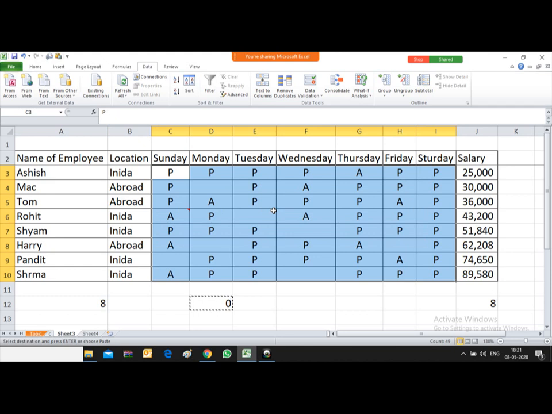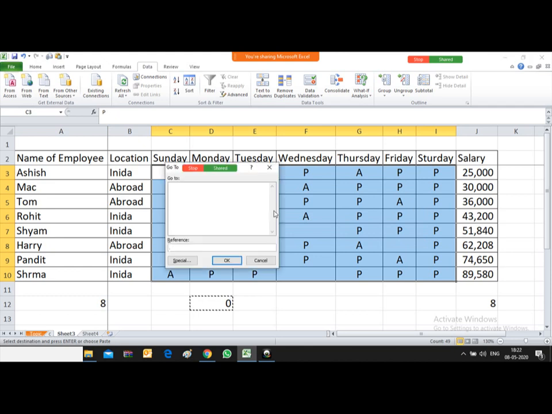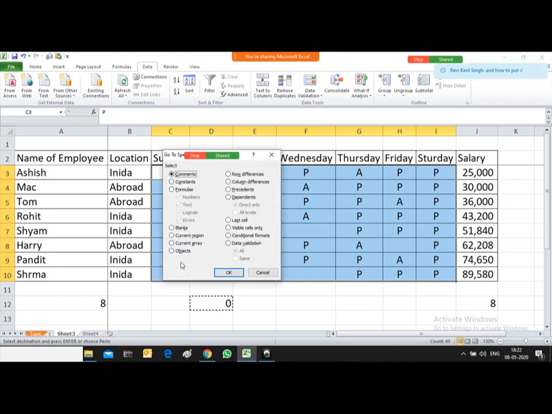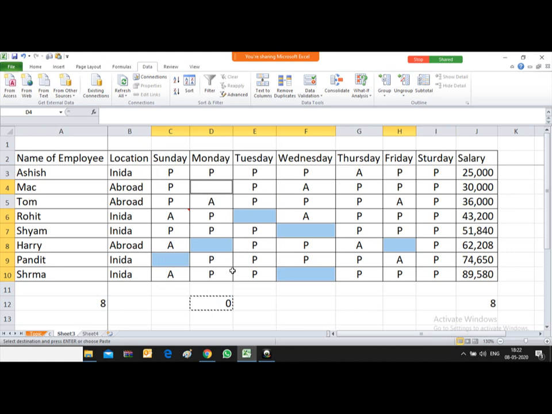After selecting, press Control G, the Go To function. This is a special function. Under it, there is a radio button available for blank. Select this blank and press OK. After pressing OK, all the blank cells are highlighted. Now you just press enter. After pressing enter, you will see 0 appearing in all the blank cells. So this way you can insert 0 in all the blank cells.